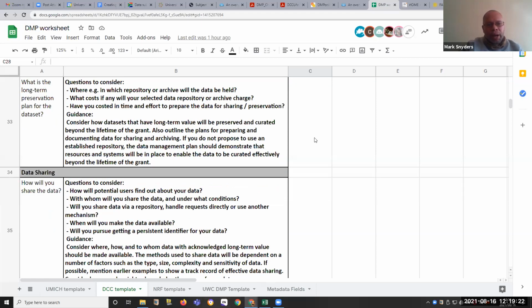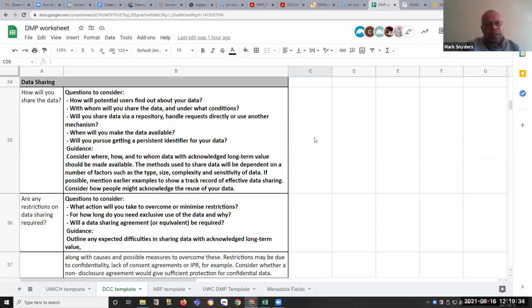Okay, for how long will you need to store your data? We recommend a minimum period of 5 years. You could indicate whether or not there's a cost involved. Then as far as data sharing is concerned, data sharing happens through a data repository and the use of a digital object identifier, or a DOI. This is something that you will indicate in your DMP plan.